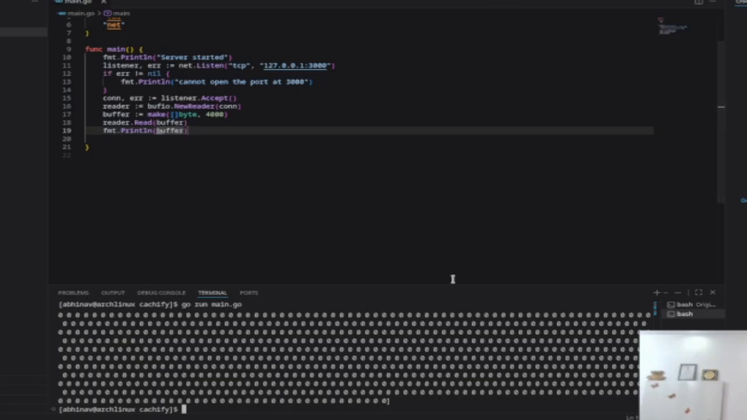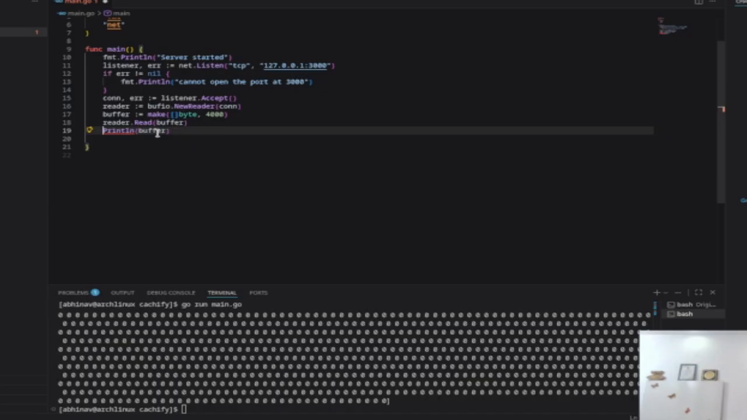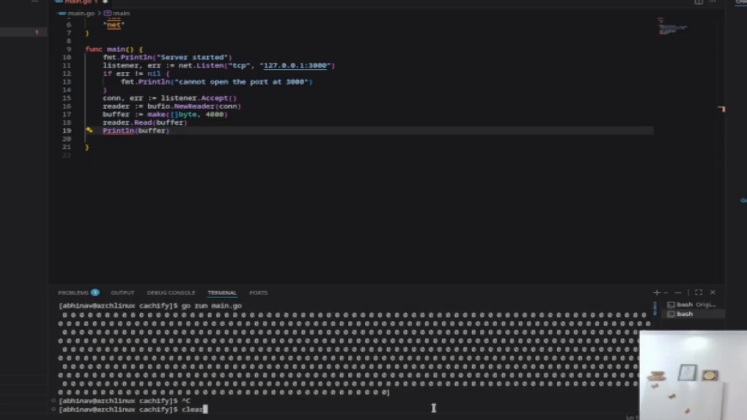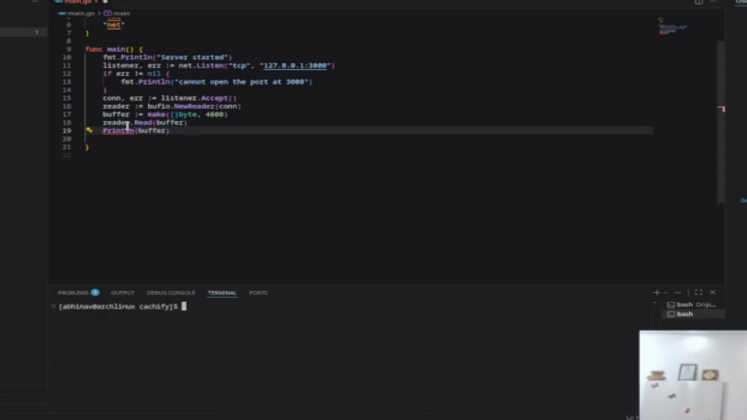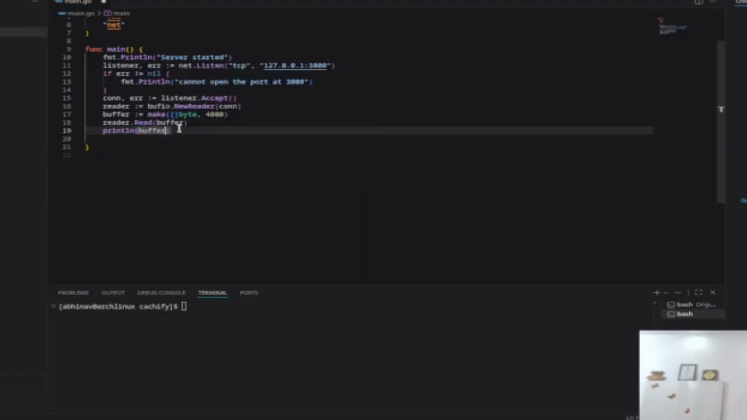Okay, so now finally we see the bytes coming. Let's see why this was not working before. It was because this is a different implementation of the print function, and this is a different implementation of the print function. So if I write this,